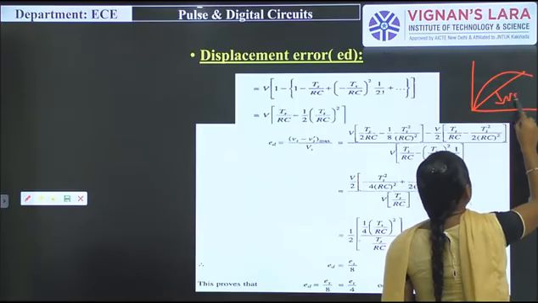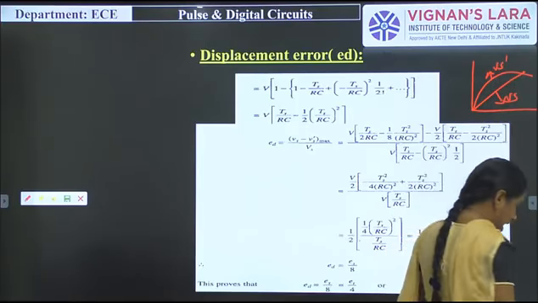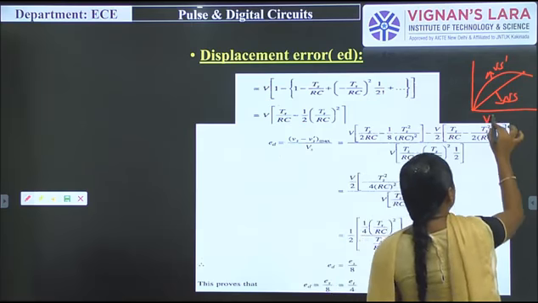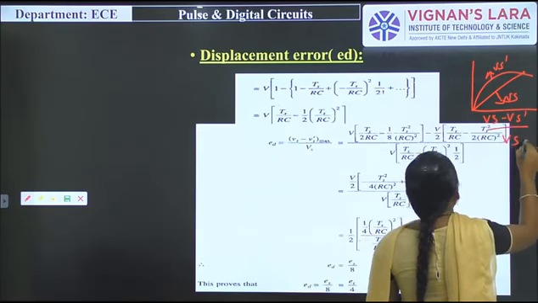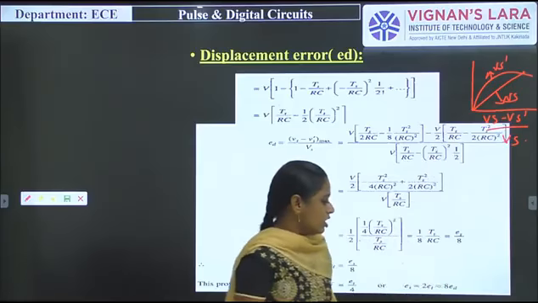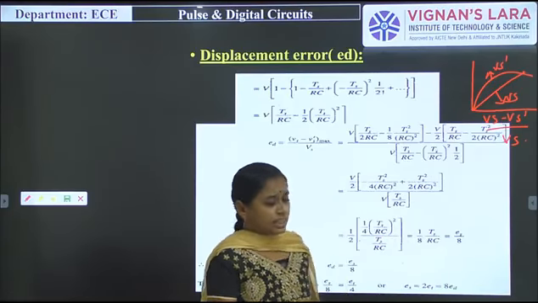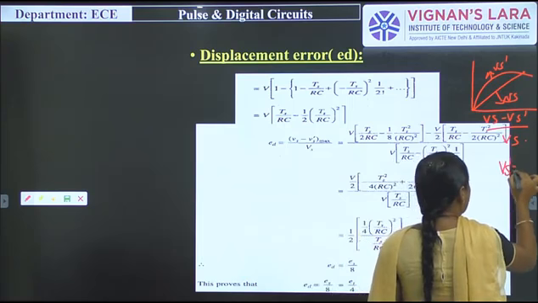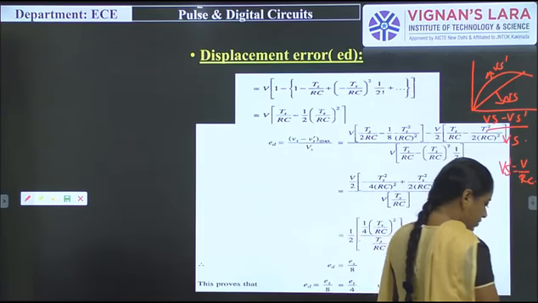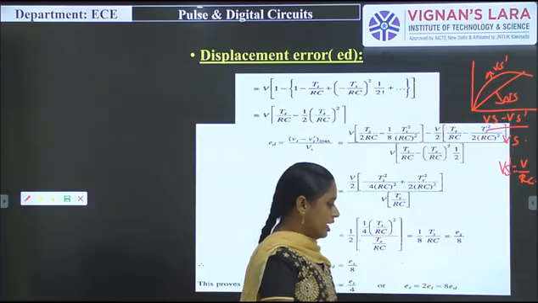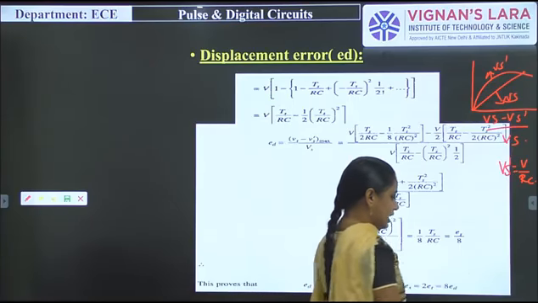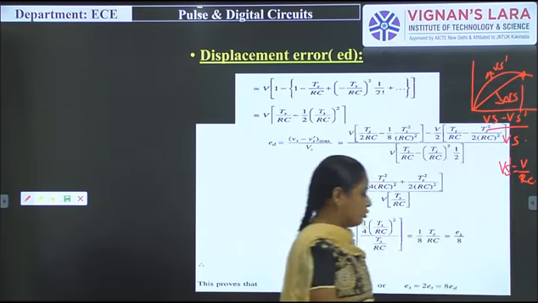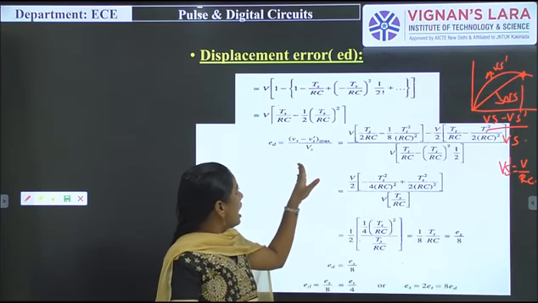So this one will be Vs and this one will be Vs dash, and we have to represent like this: Vs minus Vs dash by Vs. As we know, what is meant by Vs dash? Vs dash is nothing but the slope changing with the time, that is V by RC. So we have to write like this: Vs dash is equal to V by RC, and at t is equal to Ts, Vs minus Vs dash is maximum. So at the t is equal to Ts condition, this value will be maximum. So just substitute these values, we have to write like this.